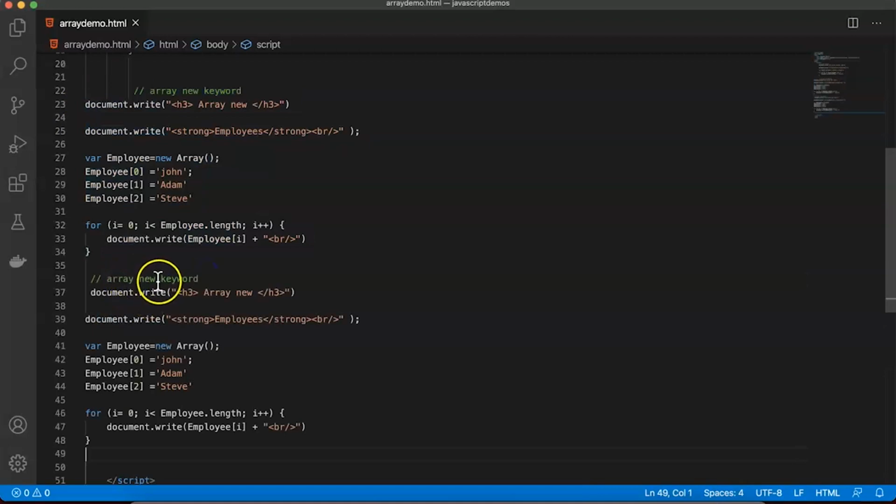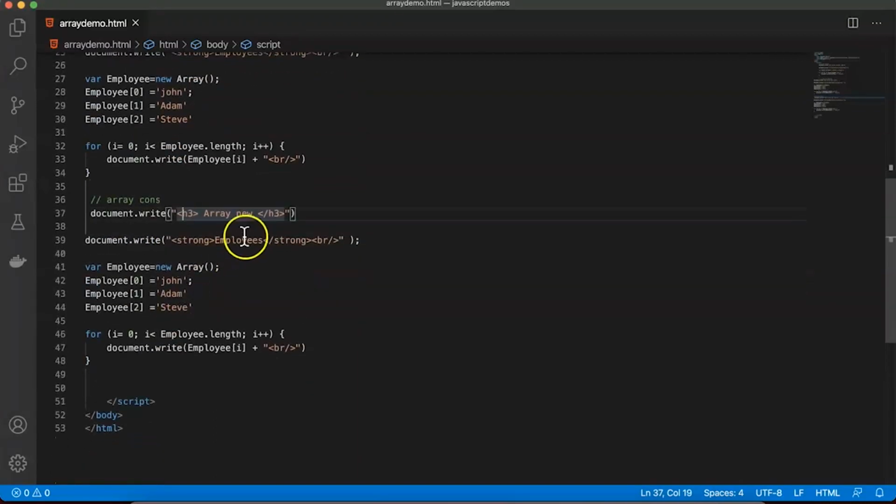Now rather than saying array new, I'll use this option called array constructor. Okay, now array constructor,